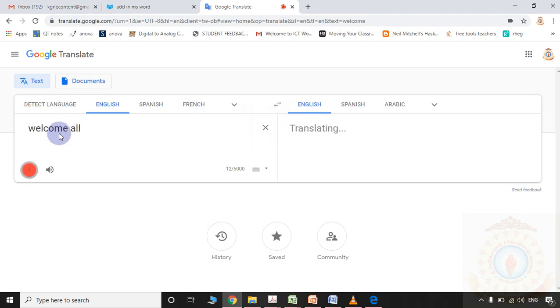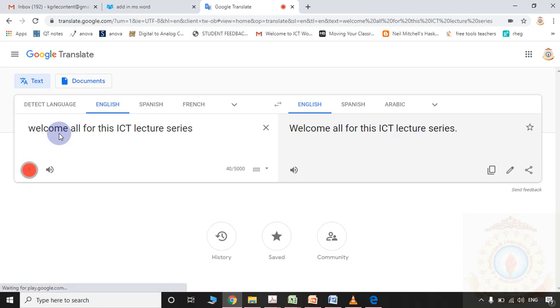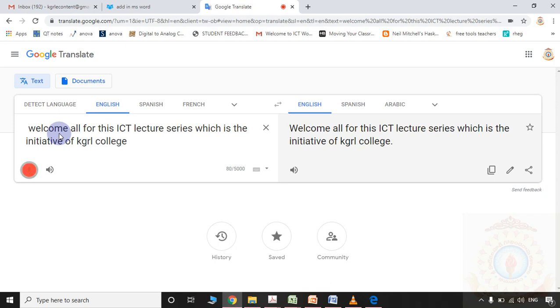Welcome all for this ICT lecture series, which is the initiative of KGRL College, Bhimavaram.